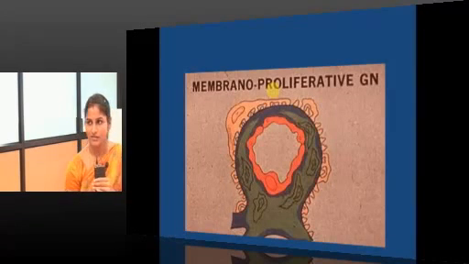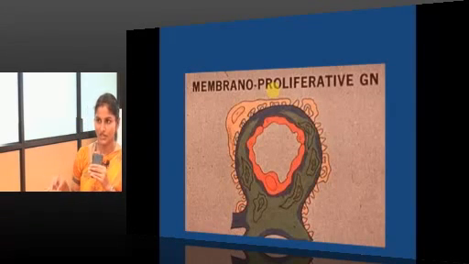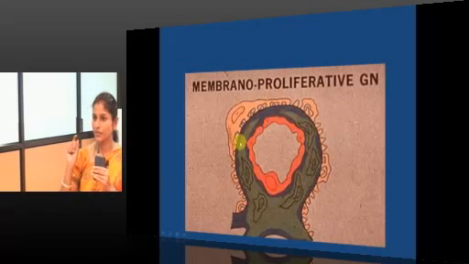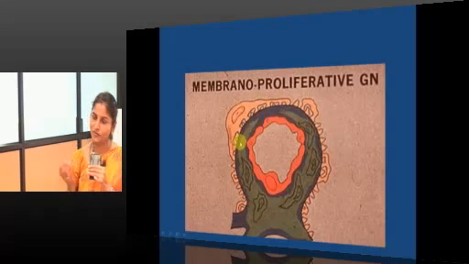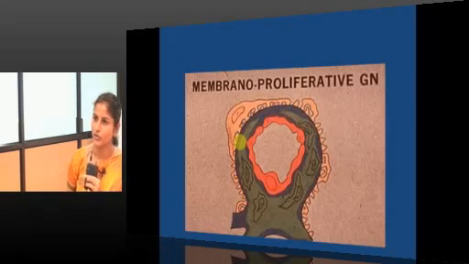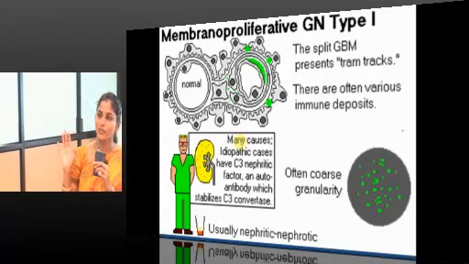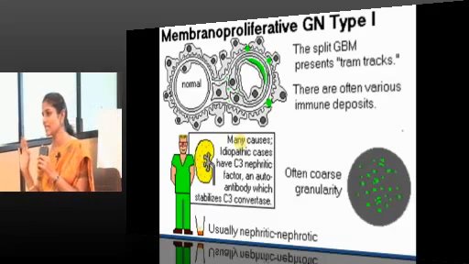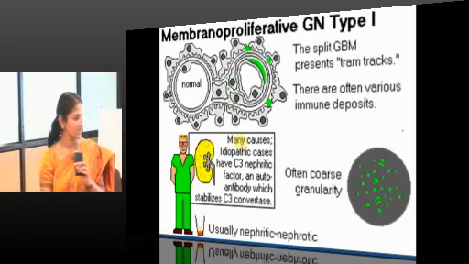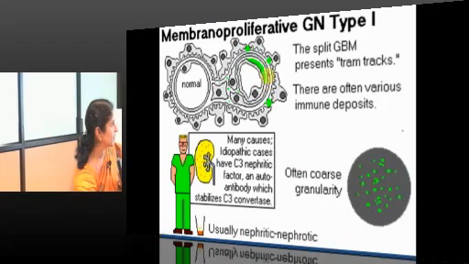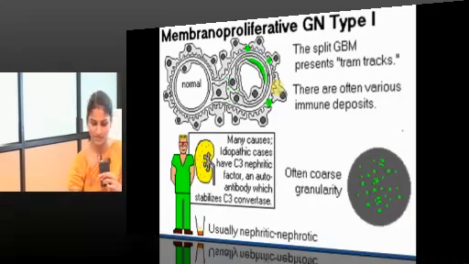So, MPGN, we have 3 subtypes actually now. Everything is characterized by thickening of the membrane. What is the other name for membranoproliferative? Mesangiocapillary glomerulonephritis. So, MPGN type 1, where do you have the deposits? MPGN type 1 and SLE, subendothelial. So, you can see over here, it is a subendothelial location. This is the endothelial cells, this is the GBM, these are the visceral epithelial cells.